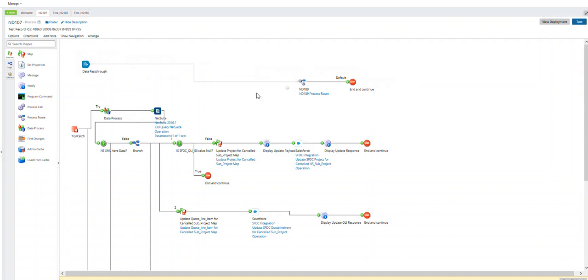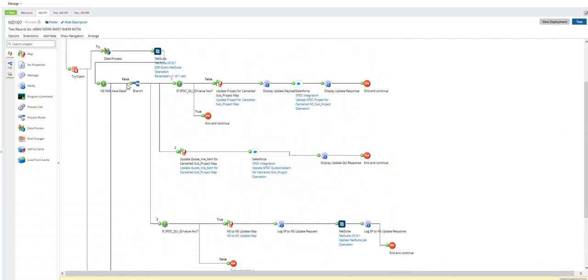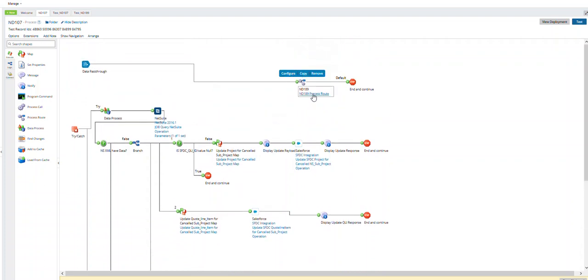And typically this process would point down here to the try catch. This ND189 is going to go down here eventually, but we've already tested the ND107 process. We just want to see that it kicks off the ND189 correctly. So that's why this is up here for that. So this is saved,